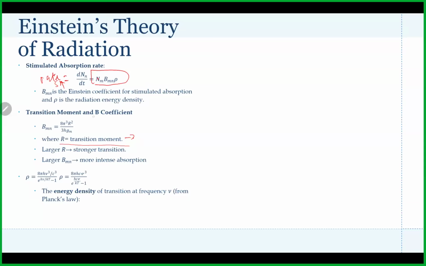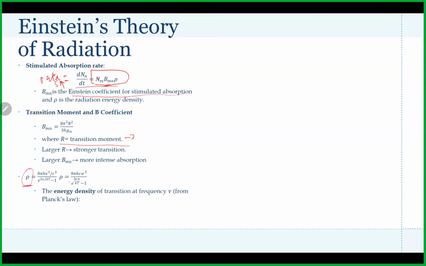B is the Einstein coefficient of stimulated absorption. So from this equation, the higher B is, the higher the rate of stimulated absorption. And it's also dependent on rho, or energy density of transition. So energy density